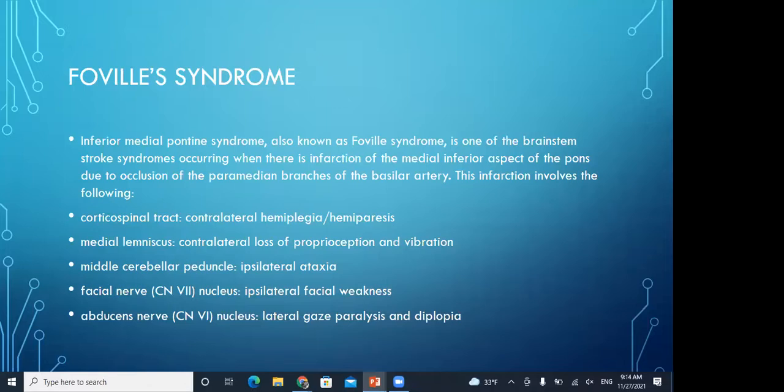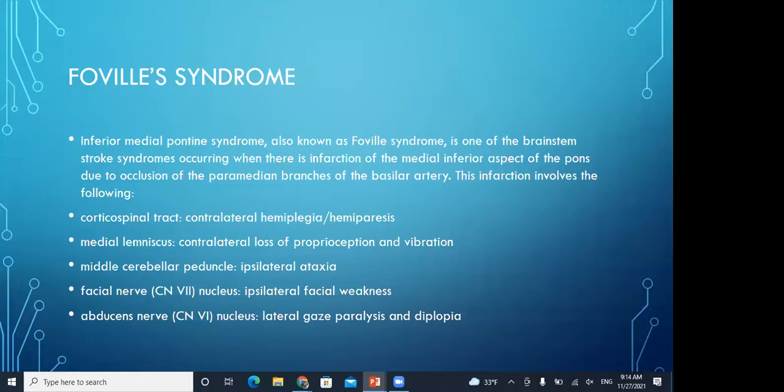Next, Foville's syndrome, or inferior medial pontine syndrome, is one of the brainstem stroke syndromes occurring when there is infarction of the medial inferior aspect of the pons due to occlusion of the paramedian branches of the basilar artery. This infarction involves the following: